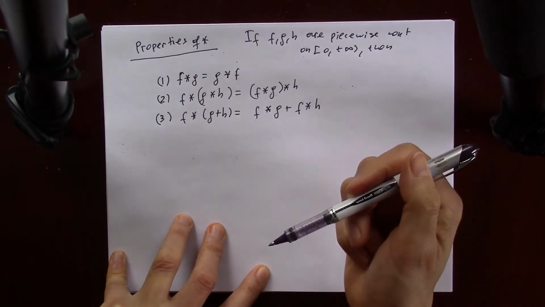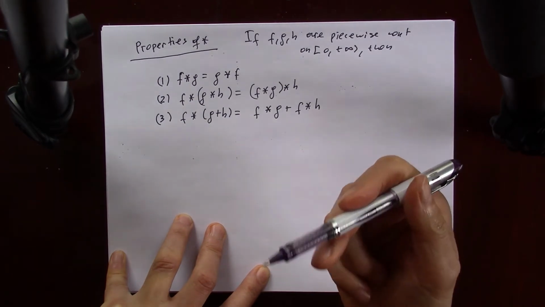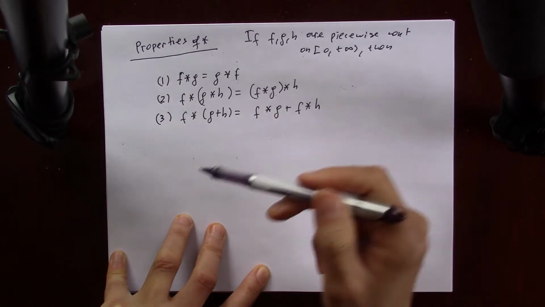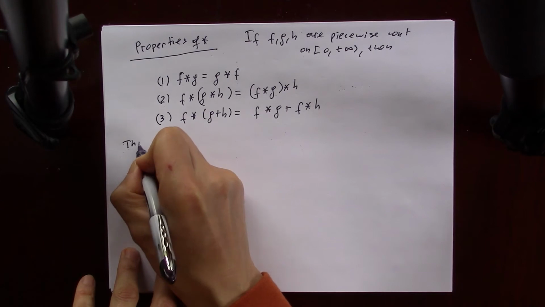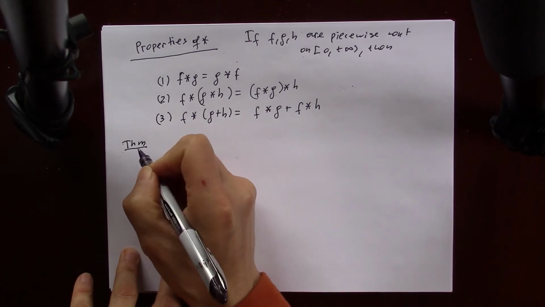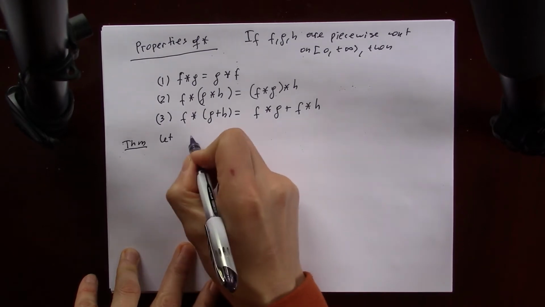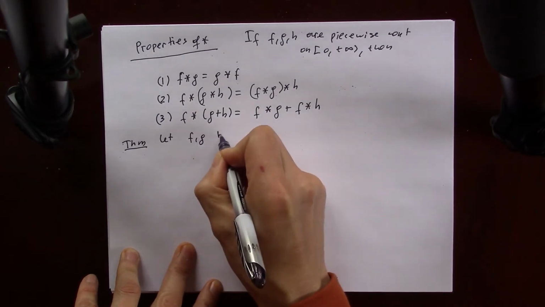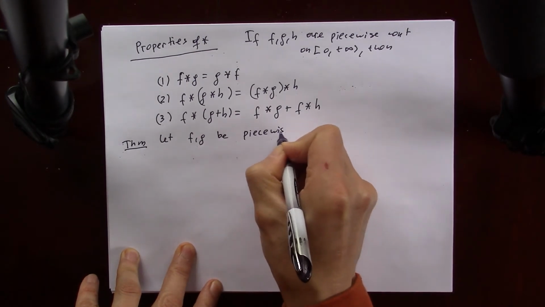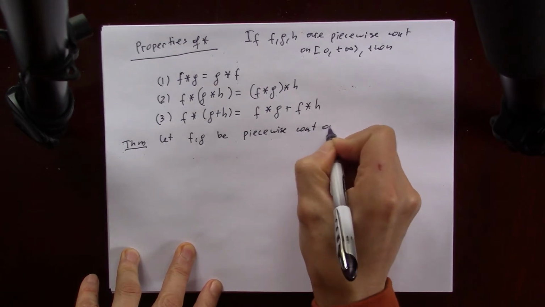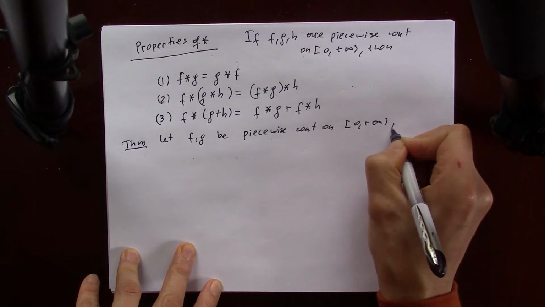All these properties follow directly from the definition of convolution, because convolution is an integral and those properties will follow from that. The main property of convolution, which we're going to be using often, is the following one. Let f and g be piecewise continuous on interval from 0 to plus infinity. Then